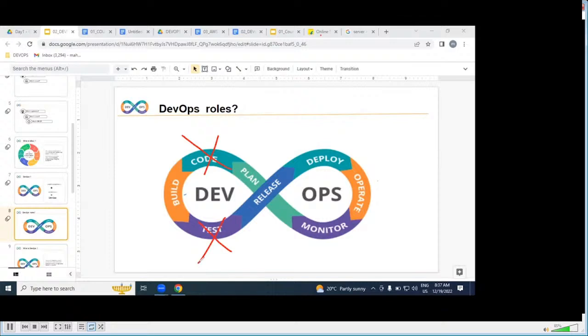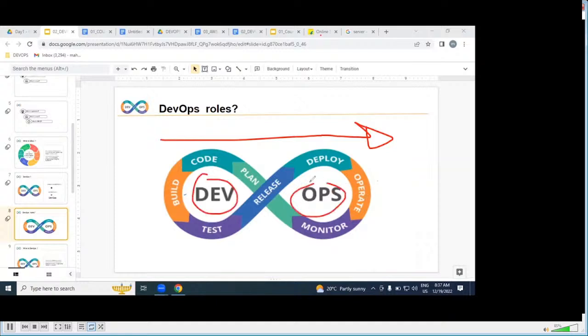Our job is just implementing the DevOps process from the dev environment to operations with an automated process. That is nothing but DevOps.